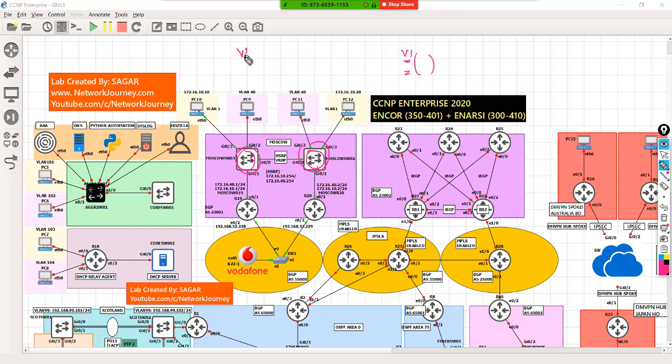Whereas in the case of version 2, it's going to have a unique field which is called the identifier. Okay, and this identifier is going to carry one more MAC address, and that MAC address will be of the originator. So let's say the HSRP packet is from switch number 1.